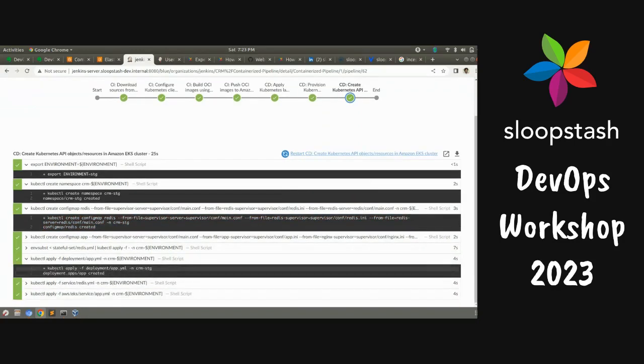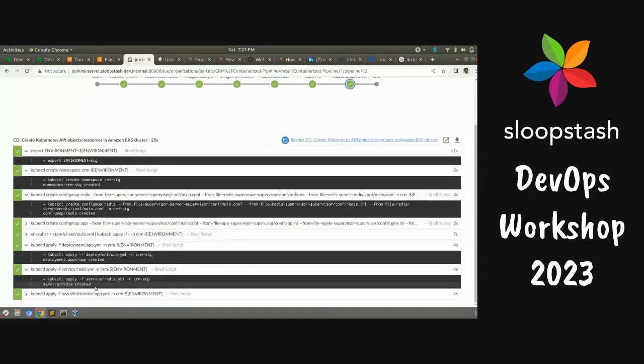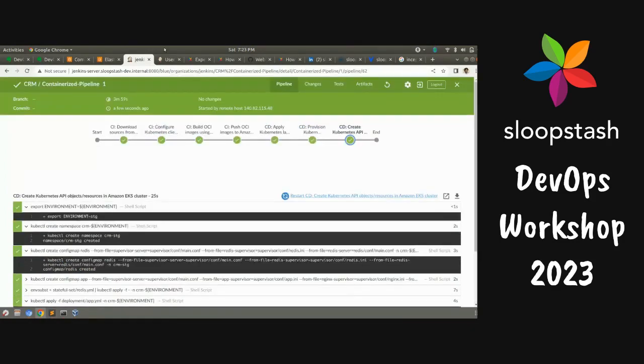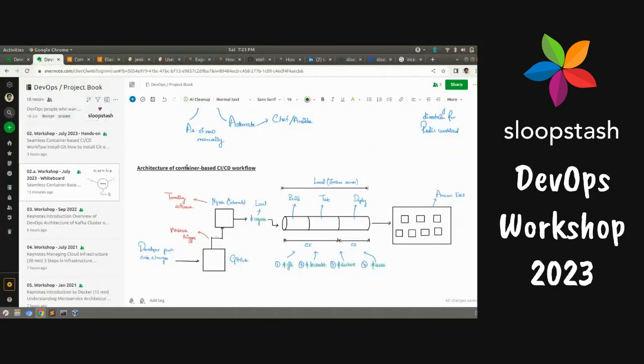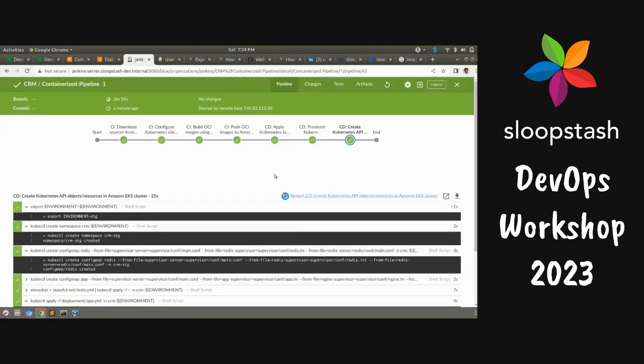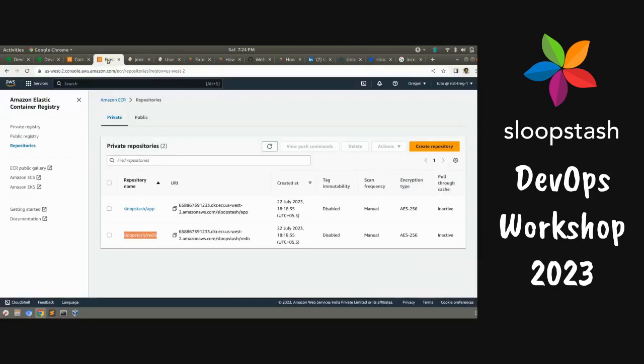So I believe the app is deployed and Redis service is also deployed in the Kubernetes and all that. So we don't have a testing stage, as I think I should have told that. In the testing phase, I didn't do anything. So we are just building the OCI images and pushing it to the ECR repository and deploying it. That's all. Now, if you can see here, this is completed. So what you can expect here after this pipeline execution is you will see this is deployed in the EKS